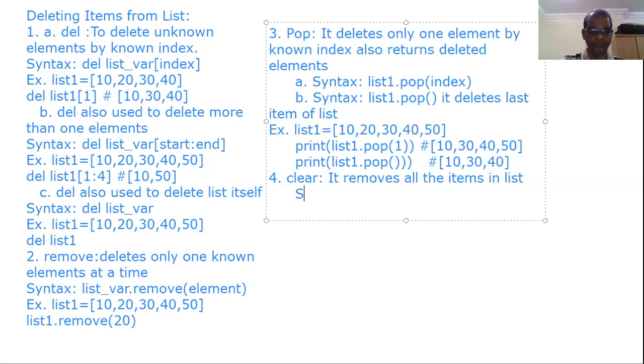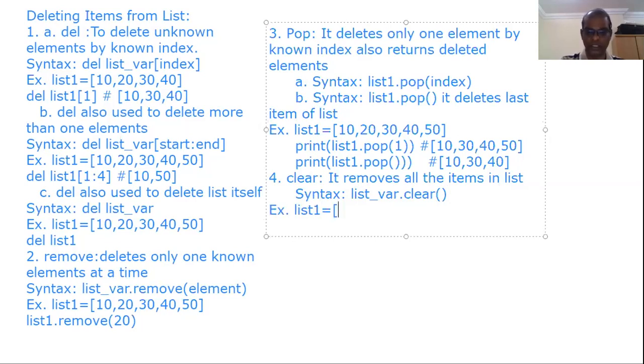You will see the syntax: list1.clear(). No need to worry about the index. We are having one list that contains 5 elements. I need list1 to be available, but all the elements available in list1, all 5 elements, should be removed.